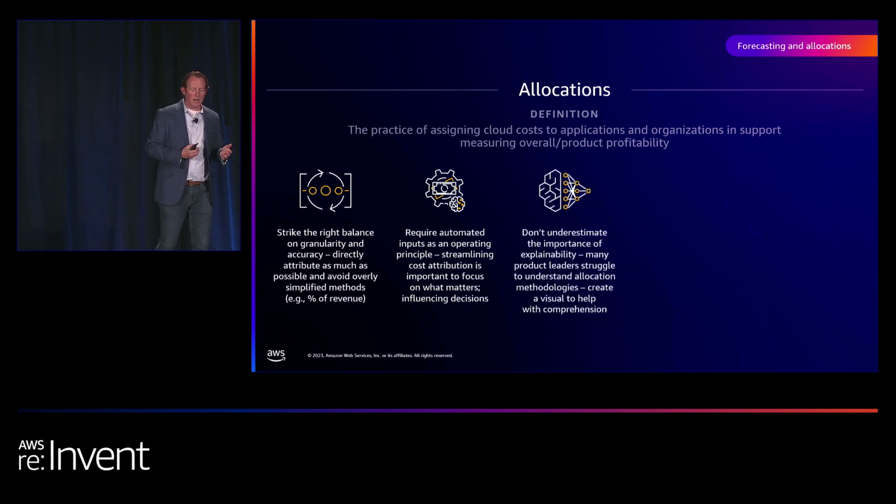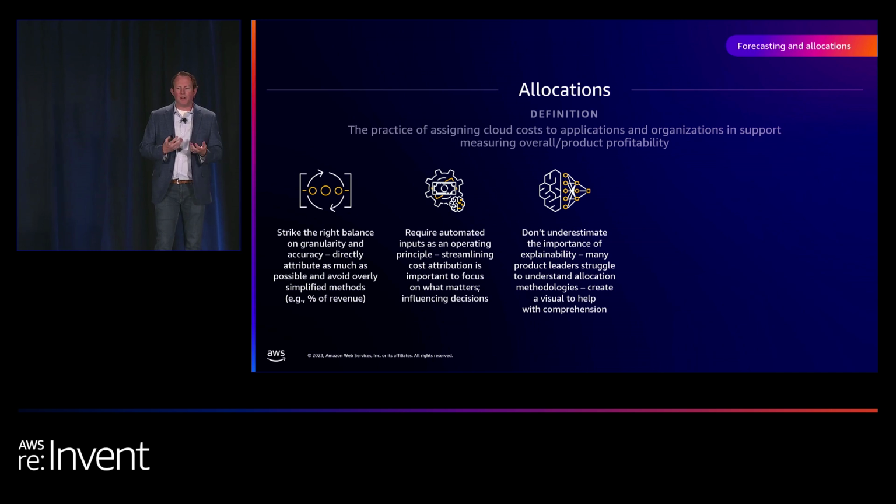Next is don't underestimate the importance of explainability. If anybody's had to sit in front of a product leader, a business line president, or a CEO and explain what's being allocated to their P&L, you'll know really quick you need to be able to explain this in a way that's digestible and easily understood, especially by non-technical leadership. So you can't get in the weeds and get lost in this allocation or this shared platform or network costs here. It gets so confusing. You need to be able to think about explainability.